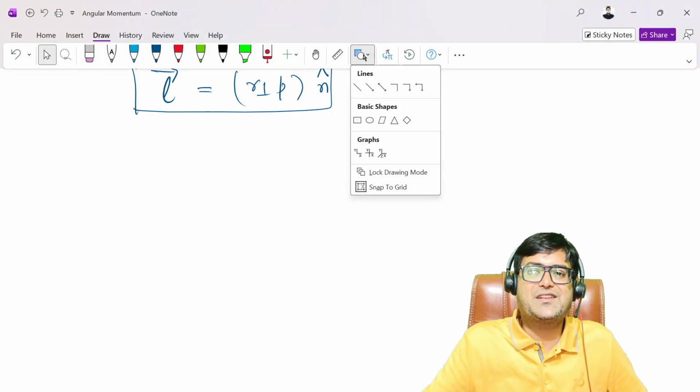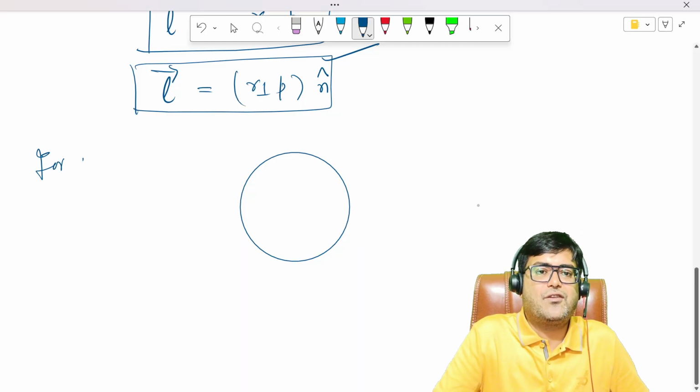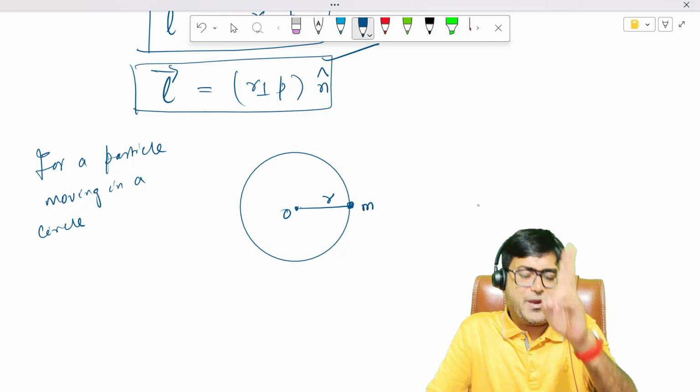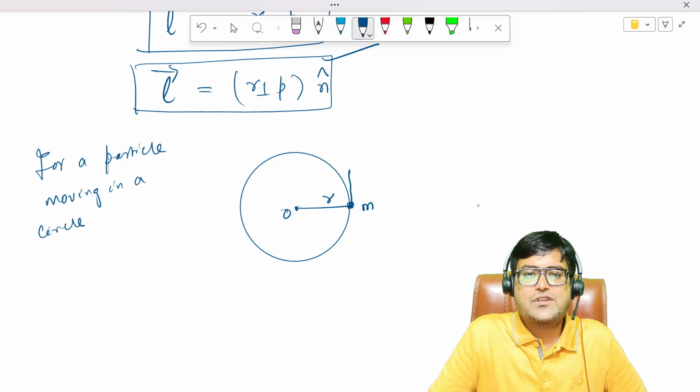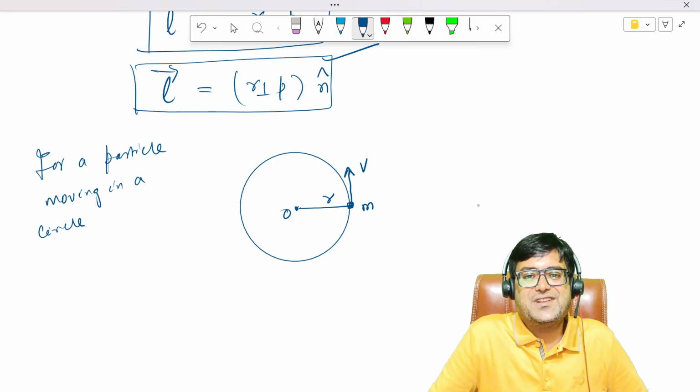Imagine a particle moving in a circle. Let's suppose this is the center of the circle, the radius of the circle is r, the mass of the particle is m, and at this instant the particle is where I have shown it. Of course, it's moving with a velocity which has to be tangential to the circle. If it's moving with the velocity v, that's going to be the momentum p,